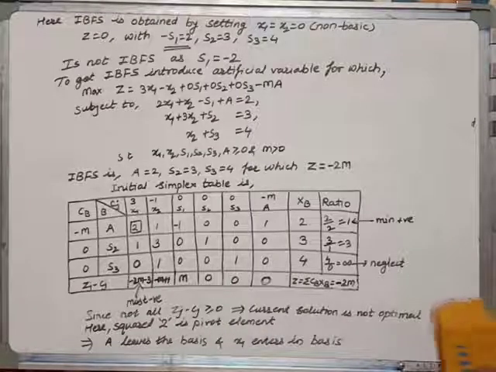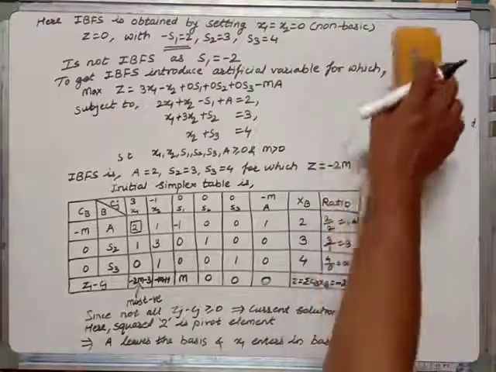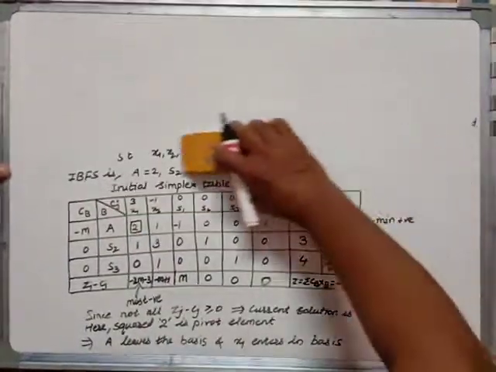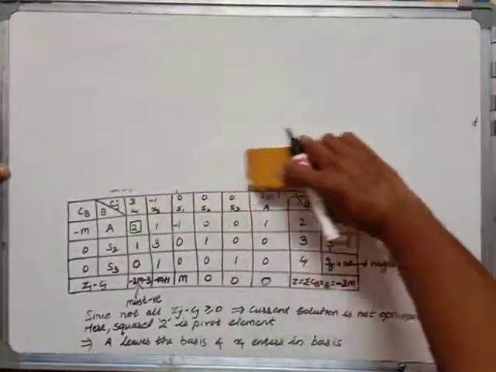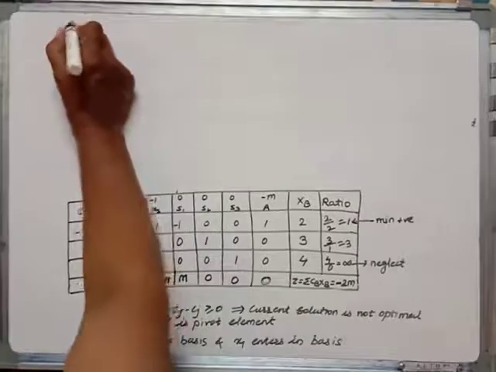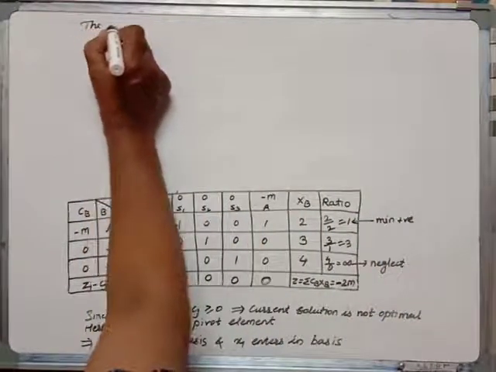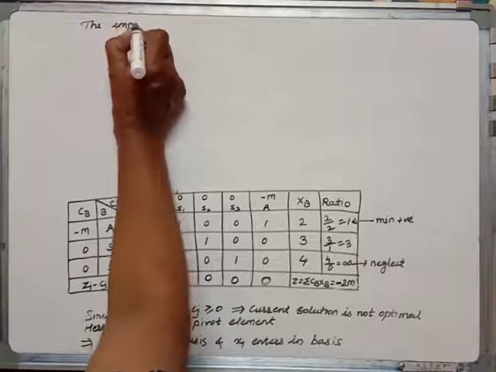So let us determine the improved table. Therefore, the improved table is